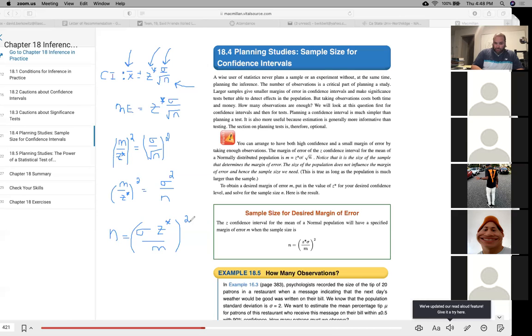Now, when you plug this into your formula, chances are you're not going to get a whole number. All right, we're solving for n. We're solving for the sample size necessary to ensure that we have a